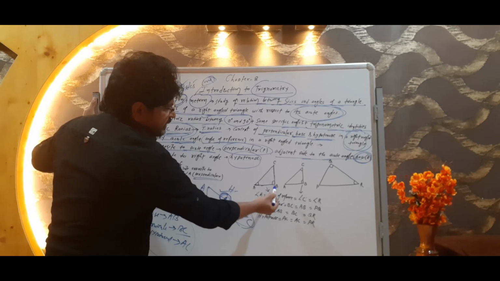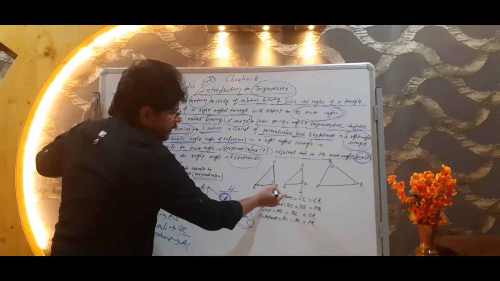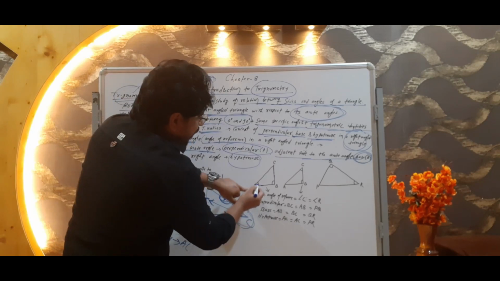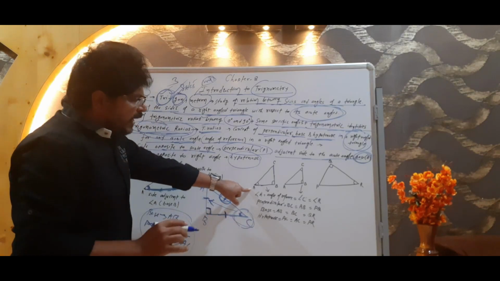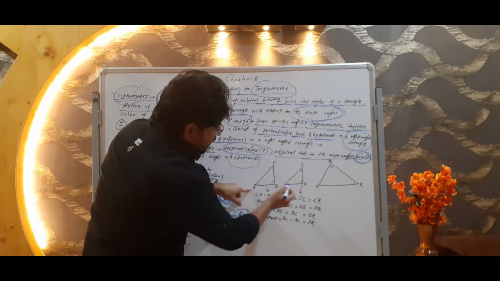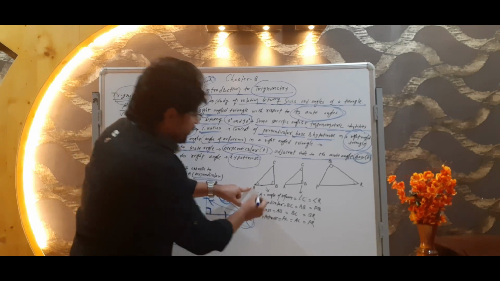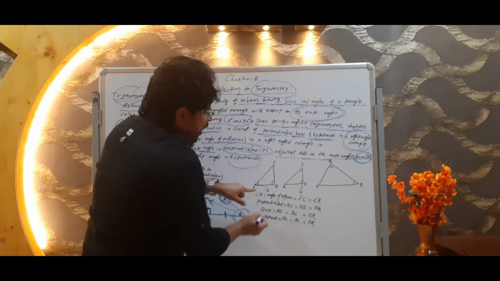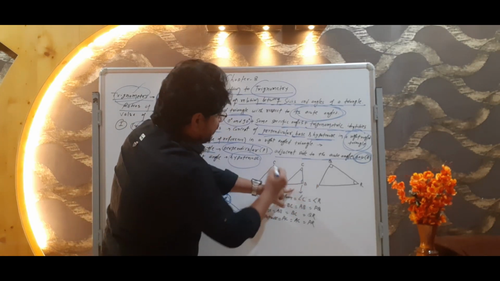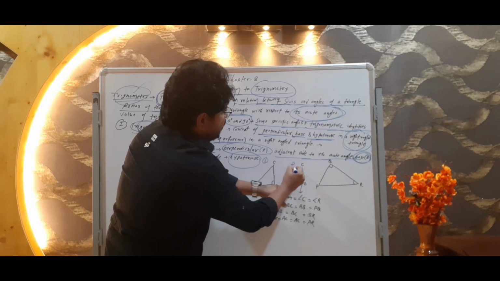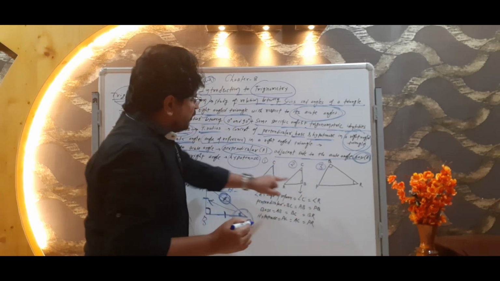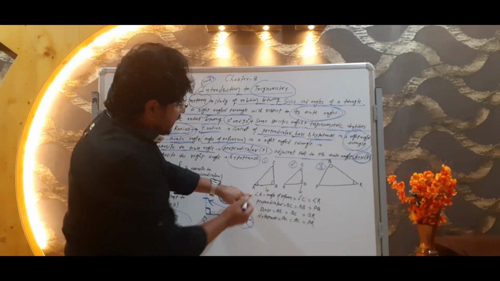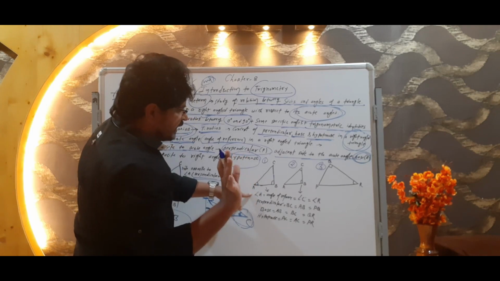Here you have one right angle triangle. It is right angle at B. If right angle at B and acute at A, in that case angle A is the angle of reference, or we can say it is the acute angle. Same, now you have to see the second figure. I will compare all the things together. I am calling it figure number 1, figure number 2, and figure number 3. In figure number 1, what is the angle of reference or acute angle? It is A. This thing is clear?